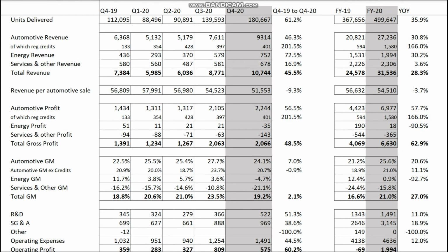Looking over to the profit, Tesla Energy actually made a loss of $35 million for the quarter, with its margin flipping from being around 4% to negative 4.7%. This is likely caused by the price cuts to products such as the Tesla Powerwall this quarter, but was unexpected and is concerning. The gross margin loss from services negatively impacted the quarter as well,